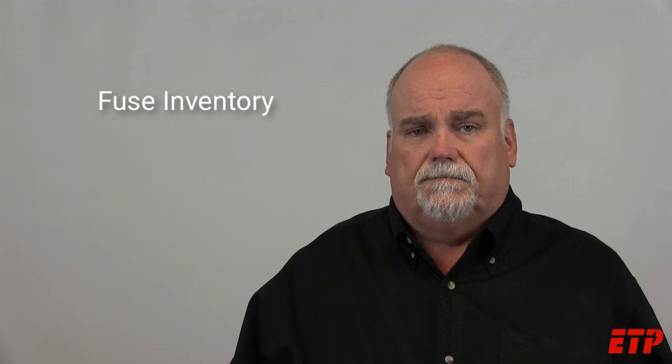Another hidden benefit of doing an incident energy analysis is an inventory. You're going to receive an inventory. It's one of the files that is collected in all this: an inventory of all of your fuses and circuit breakers. It's most important for your fuses because you might be able to use this inventory, look at it, and say, okay, I got